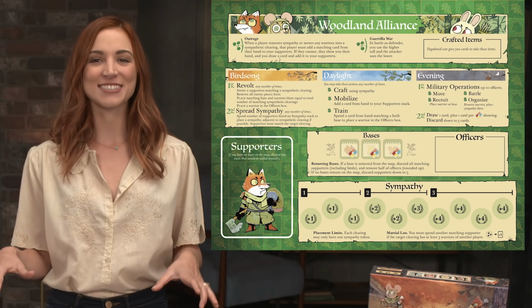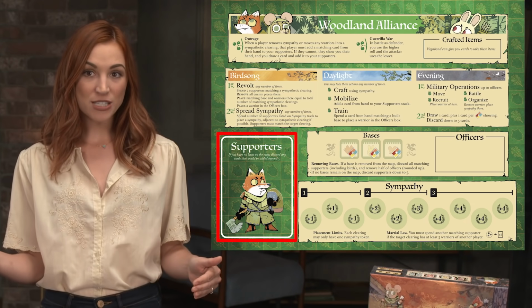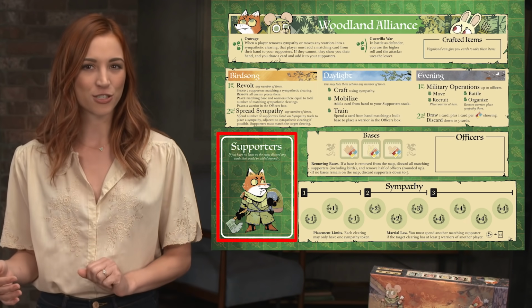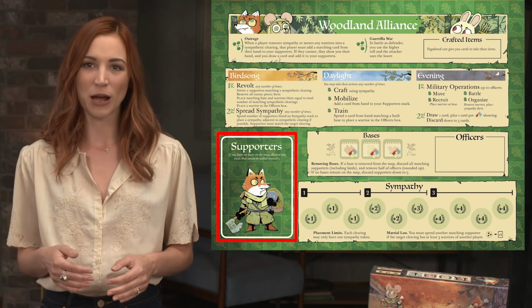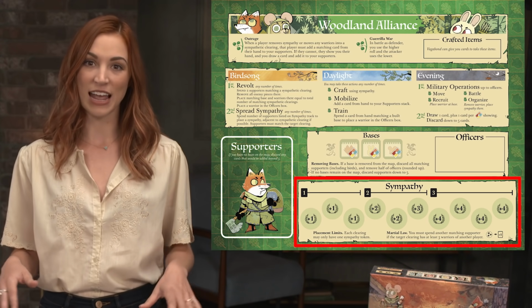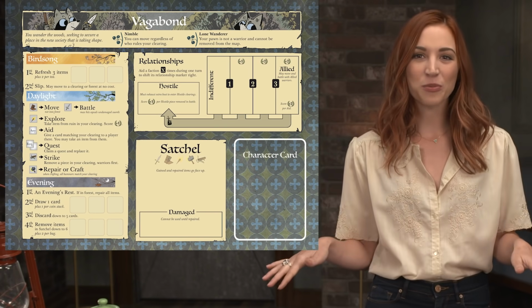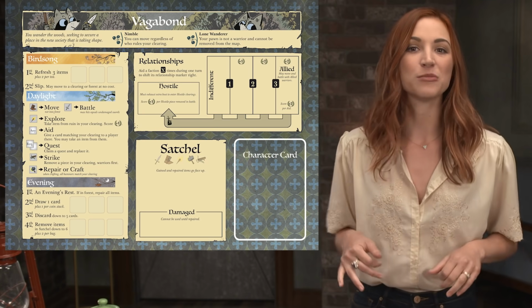The Woodland Alliance sows dissent by creating sympathy throughout the woods. They have a bonus pool of cards on their board known as supporters and use these cards to revolt against the Marquise and Eerie, creating bases and rebel warriors. The more sympathy they gain, the more victory points they obtain. On with the Alliance! The Vagabond profits from all the warfare by sneaking through the forest and completing quests for